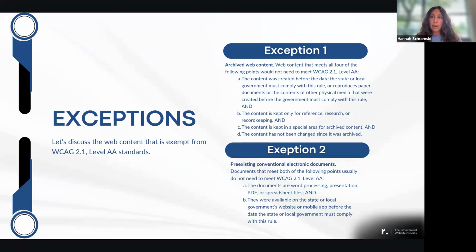Now let's dive into the exceptions. Let's discuss the web content that is exempt from WCAG 2.1 level AA standards. So the first one, this is a big one, archived web content. So web content that meets all 4 of these following points would not need to comply with WCAG 2.1 level AA. So the content has to be created before the date of your local government entity's compliance requirement, or it reproduces paper documents or the contents of other physical media that were created before the government must comply with the rule,